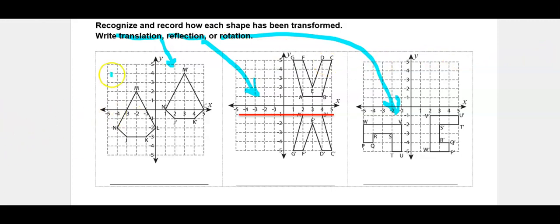Translation is when the image shifts. Reflection is when it's reflecting over a red line, and rotation